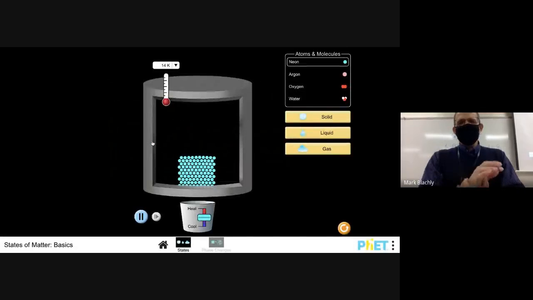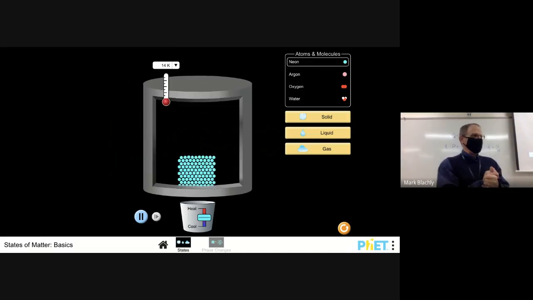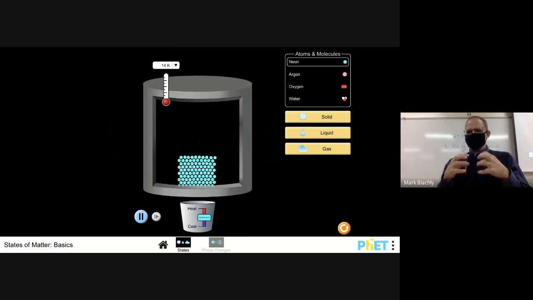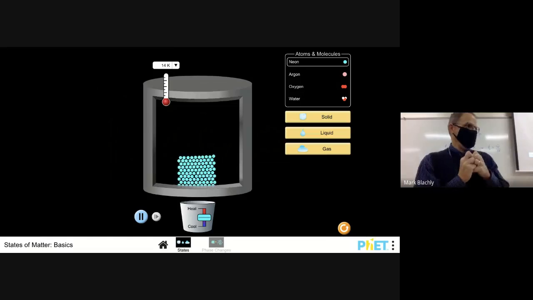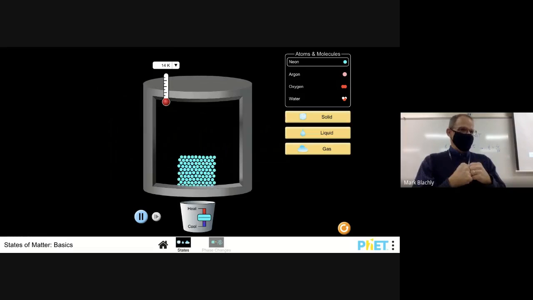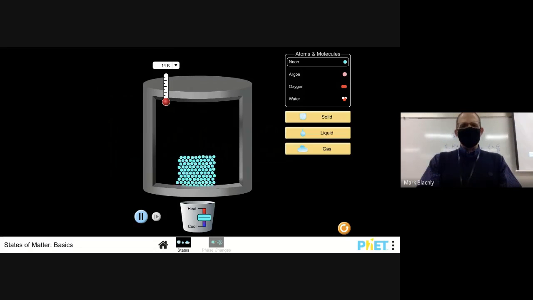All right, so here is what things look like when you have a solid. When you have a solid, the atoms are connected to their neighbors. So here's kind of what happens. Between all molecules, there's a weak attraction. So molecules like other molecules of the same type. It's called the van der Waals force. And so if objects are not moving very fast and they get near another molecule like them, they tend to stick to them. So here you have a bunch of atoms,